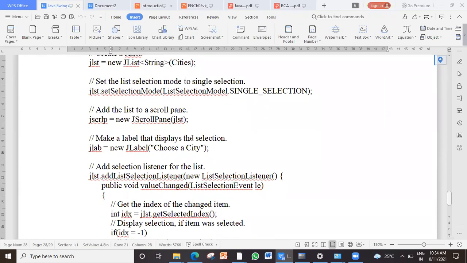Yeah, event handler is enabled here through an anonymous inner class. There is an event called list selection event that can be used, but it is not very important for you. If you want, you can use this list selection to get the selected index. Fine.